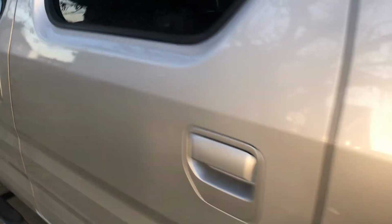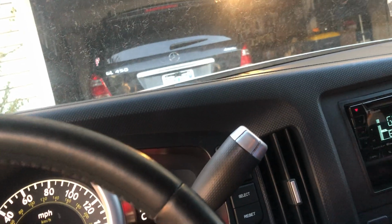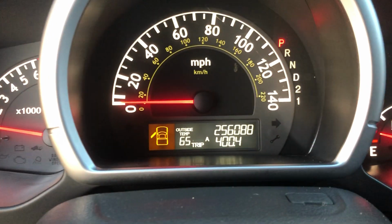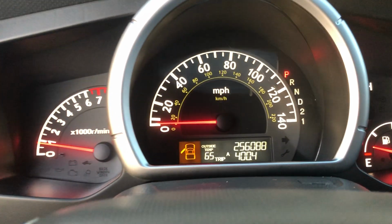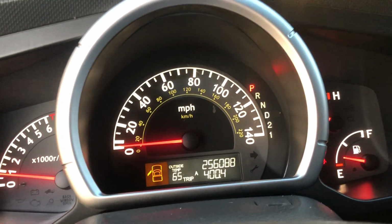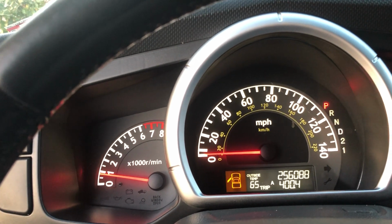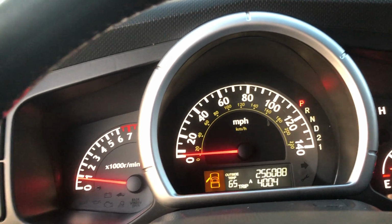The only problem is, let me turn off the radio because of the copyright issues. Yep, look at that, 256,000. So I bought it like several months ago. It lived during the winter, and the problem with this Honda, why the sellers sold this, is that